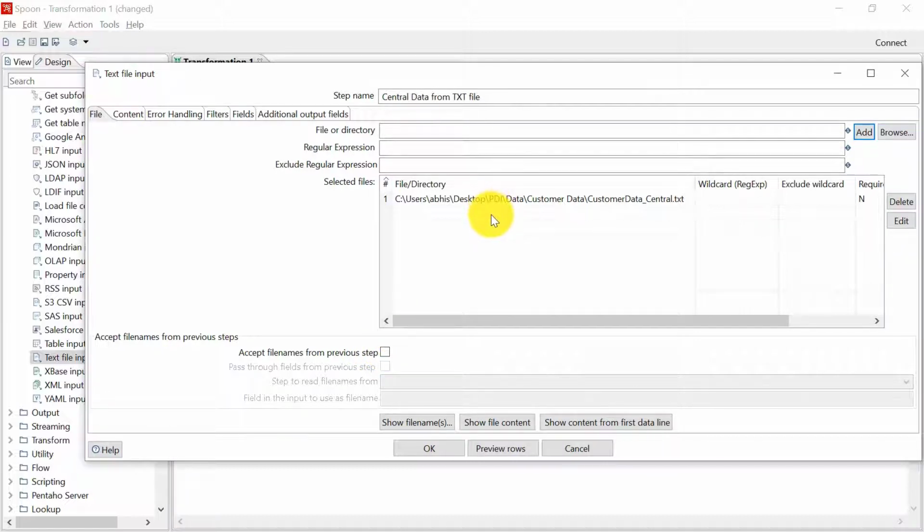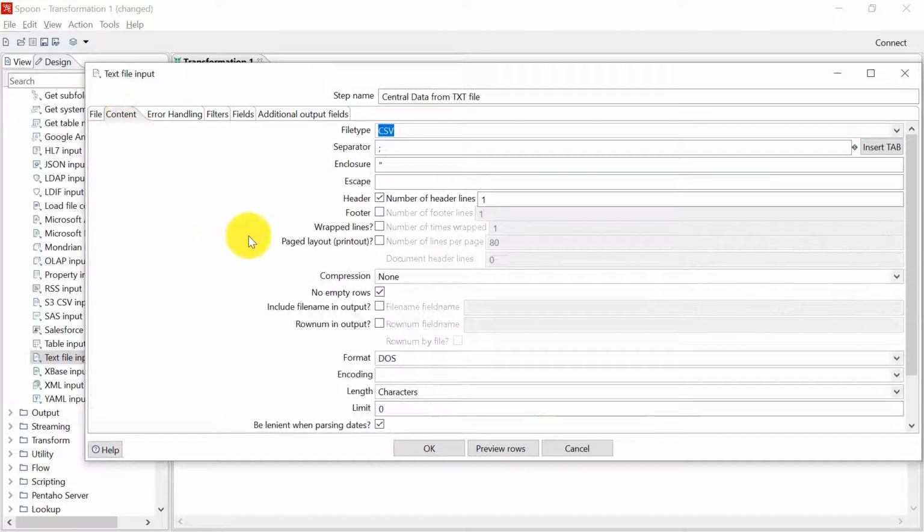But right now we are separately giving the location of the text file. I'll show you how we can use a separate step to get the file location and then use this checkbox to get the file location added here. For now, our file tab is set.